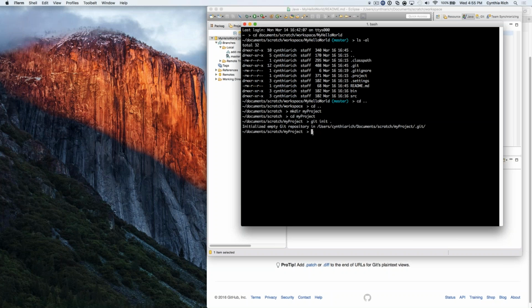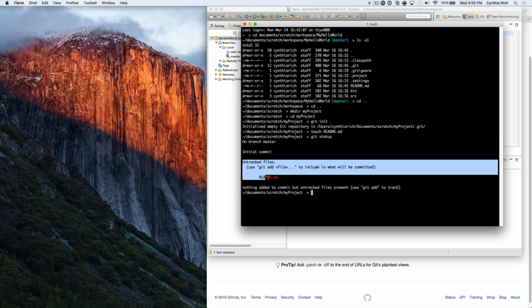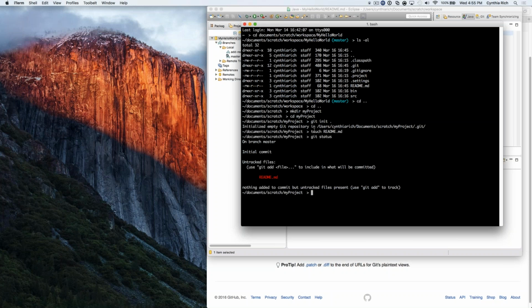So the same rule applies though. You still have to have something to attach to that repository. So right now, if I run git status, it would tell me that I'm on my initial commit and I have these untracked files, which right now is a README. I just created a quick README there before I ran git status. So it would tell me I needed to make a first commit. So to do that, I would just, of course, do git add readme.md, git commit, and then